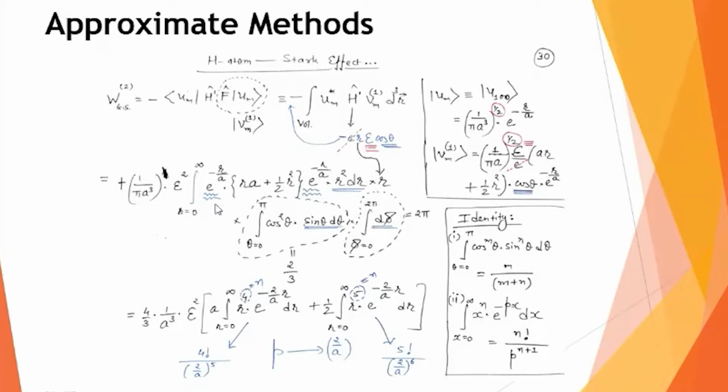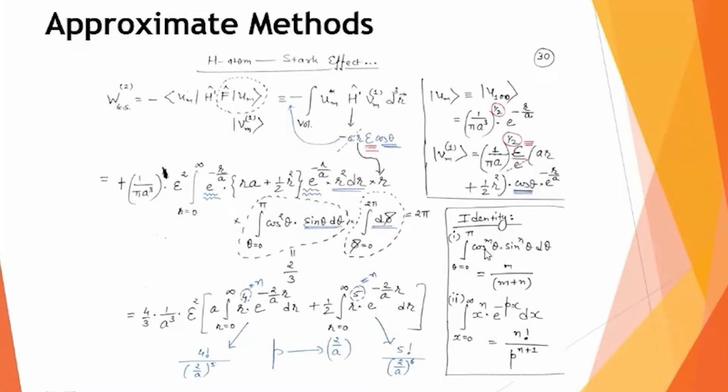And of course, there is no phi part here in the expression. So this d phi will be integrated and will give the value 2 pi. So in the next part, this d phi integration will give you 2 pi. This cos square theta into sine theta d theta, that I can solve using this identity. Beside this, on a panel, you can see I have given the identities which are used.